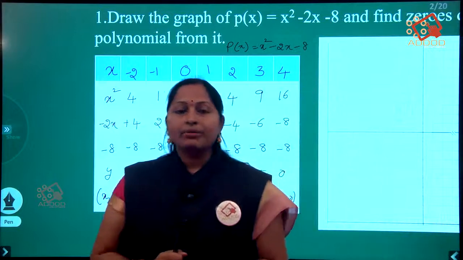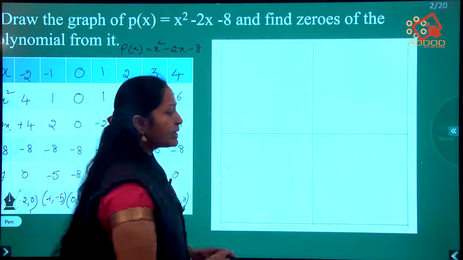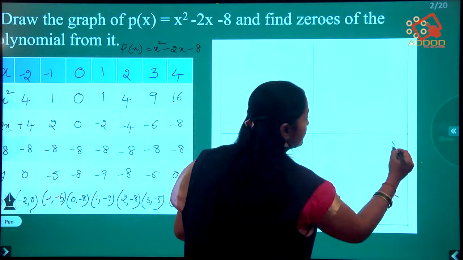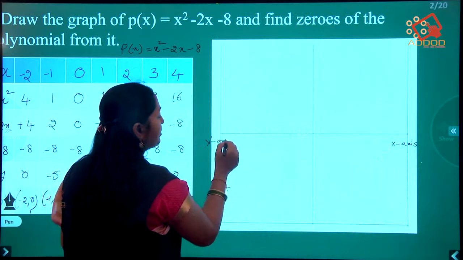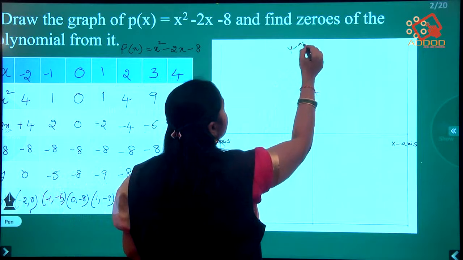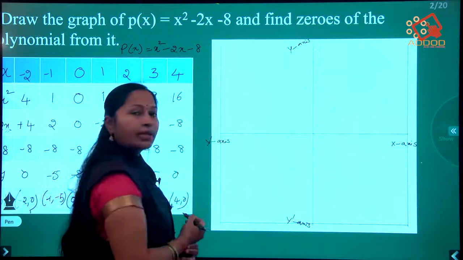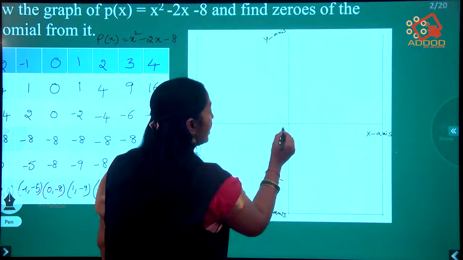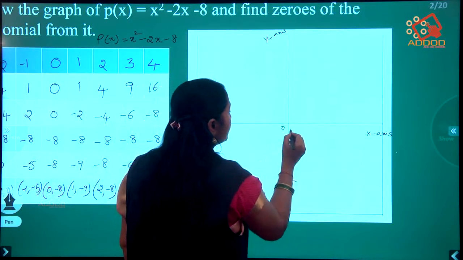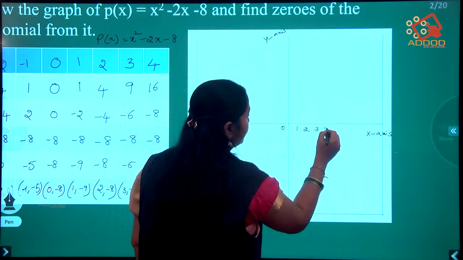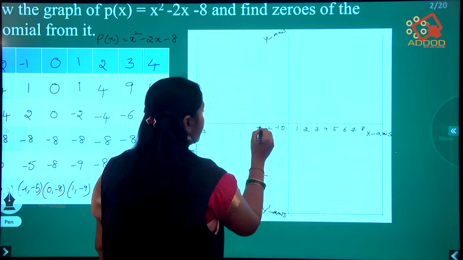In the next step, we are going to substitute these values on the graph paper. Take the graph paper and represent the x-axis and y-axis. This is the x-axis, this is x dash. This representation is very important. This is y-axis and this is y dash. And take the values on the graph paper. Now represent the values. The intersection point of x-axis and y-axis is 0, 0, and here all are positive numbers. And here all negative numbers.